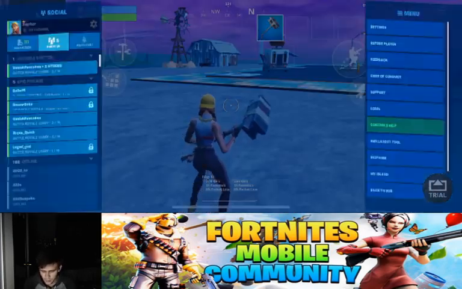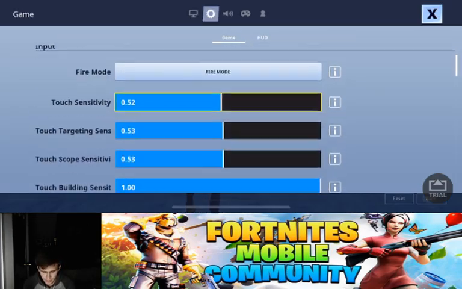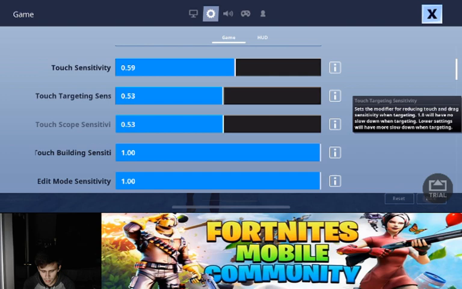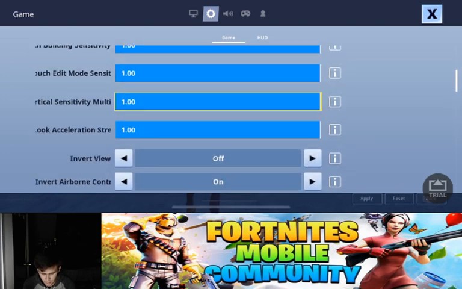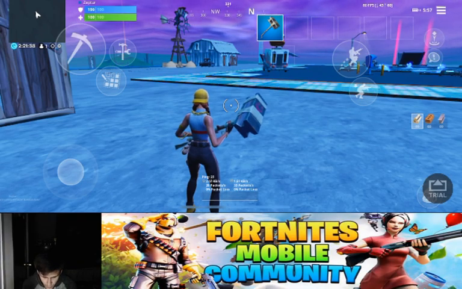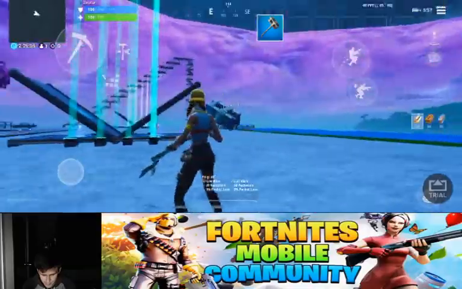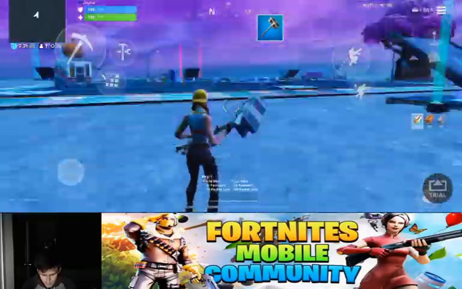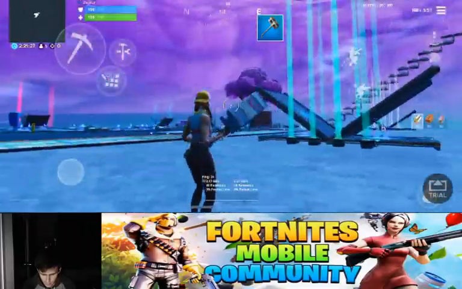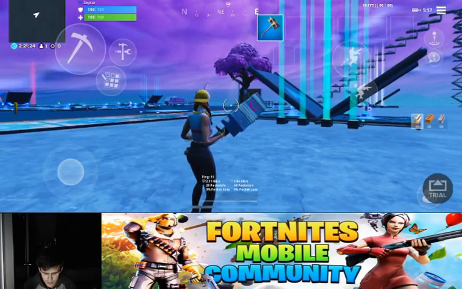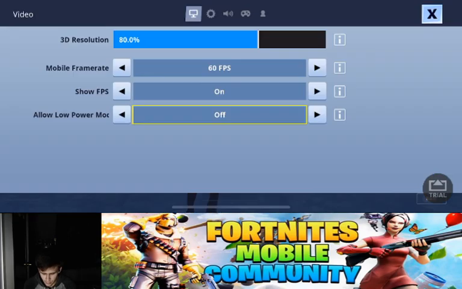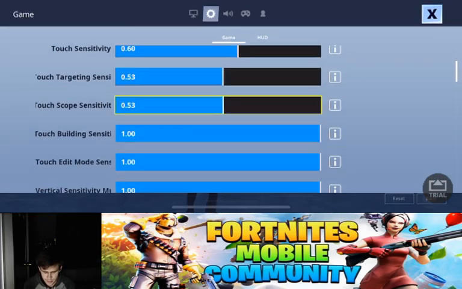And then, as some of you may know, they have the new sensitivities. I'm going to go in depth on what these mean. So you have your regular touch sensitivity. That's what everyone uses, and that's what we have all been used to. And if you guys are familiar with vertical sensitivity multiplier, basically what this is, so I'm looking at the same speed side by side and up and down. It's a same speed multiplier, so I don't have any sensitivity differences when I want to do my X and Y and such. But with the new building and editing sensitivities,